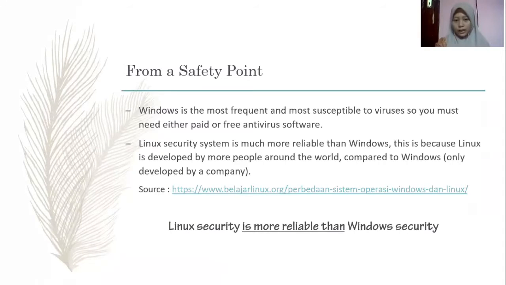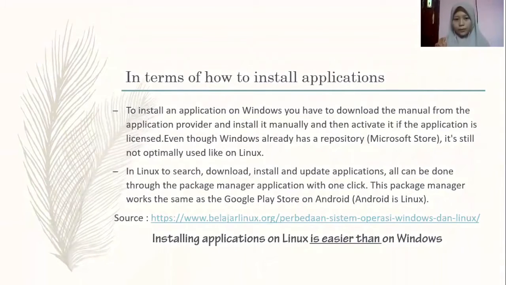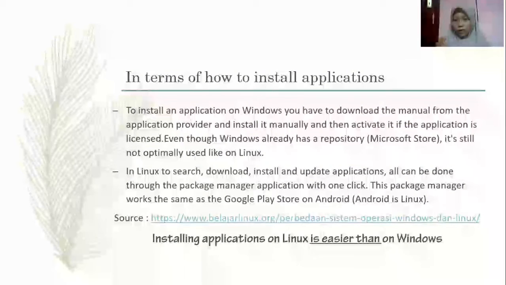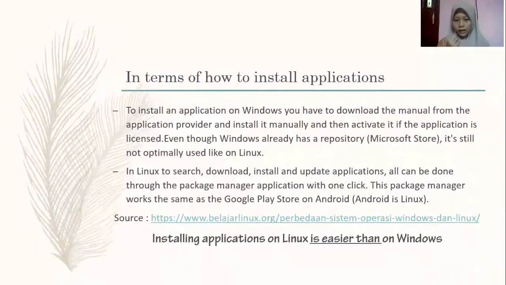The second is in terms of how to install applications. To install an application on Windows, you have to download the installer from the application provider, install it manually, and then activate it if the application is licensed. Even though Windows already has a repository, the Microsoft Store, it's still not used as optimally as on Linux.